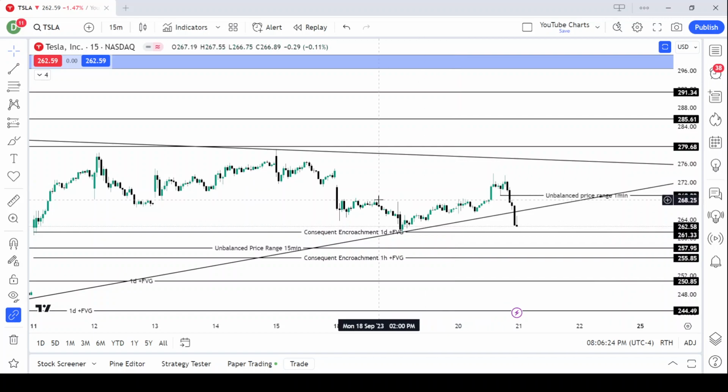But what I knew is there were some upside targets that I was looking at, primarily this volume imbalance here. Okay, and right here, an unbalanced price range from when this low got taken by this move here. Okay, there was a change of character. We had it labeled out in our chart, so I've deleted it since it hit. But you can see price ran up into it, balanced the price range, took out this